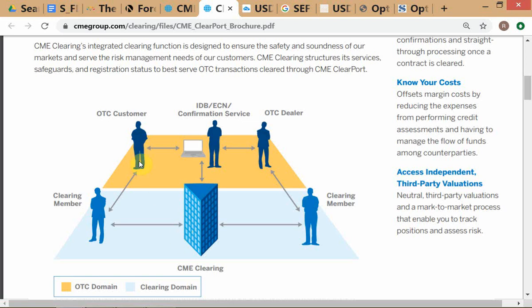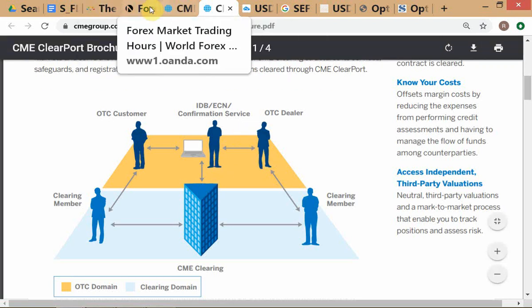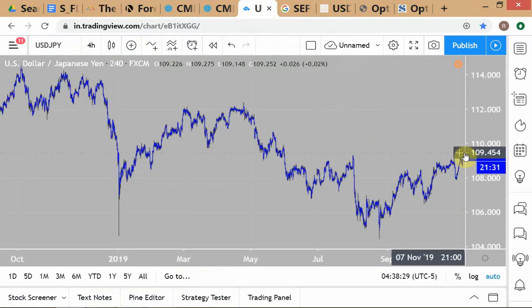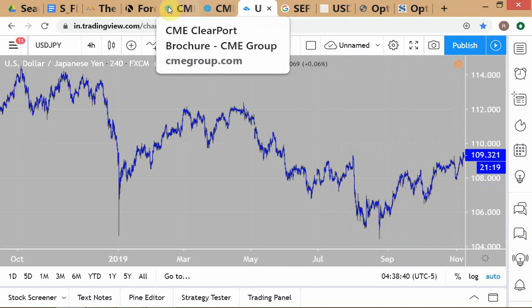And on the other side, suppose that this guy had honored the contract. If this guy had honored the contract, then what happens? This guy has to pay a $3 million loss. Last night's loss is $3 million. He pays up. Then the exchange releases the full $3 million to LA. They can go and party with that $3 million. It's their money now. But then tomorrow, next morning, if LA is facing a loss, because remember, next morning's calculation is not from 109.30, because now the rate has already been set at 104. So next morning, if the next night's settlement price is 105.30, now LA is facing a loss,